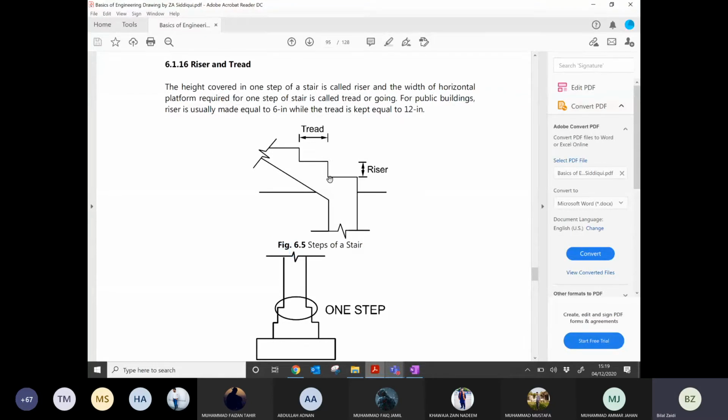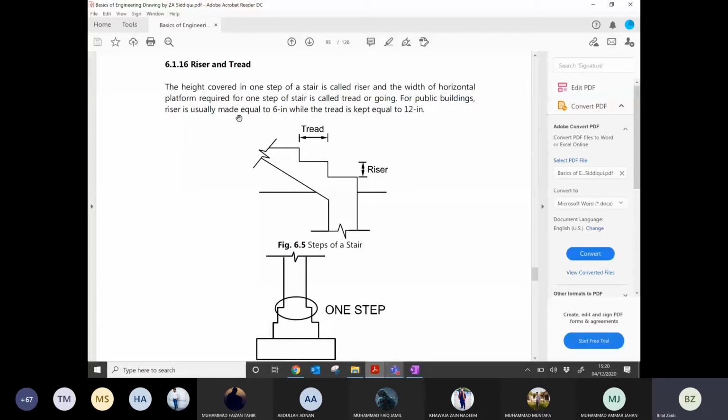The horizontal portion on which you place your feet is called the tread, and the vertical portion is called the riser. The height covered in one step of a stair is called the riser, the vertical portion. And the width of the horizontal platform required for one step of a stair is called the tread.